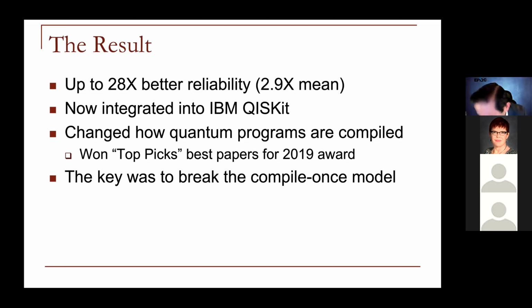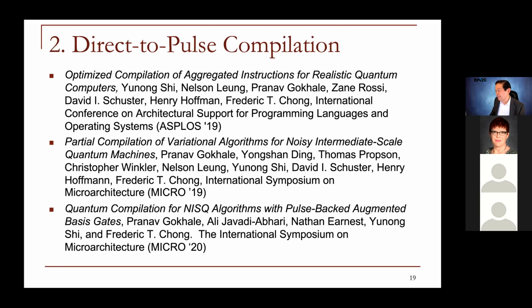All right, so let's go a little further, right? So now we're going to break the abstraction of compiling software to a set of instructions or gates. And instead, we're going to compile our programs directly to pulses, right? And this work has evolved a fair bit from our initial result where we took functions and compiled them to actually something which has to do with what we call partial compilation. And I'll show you that.